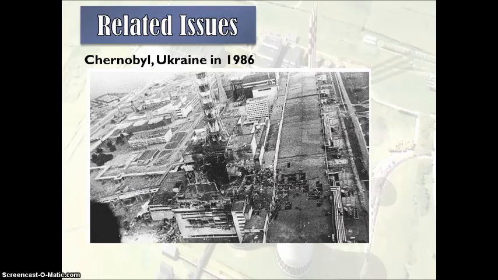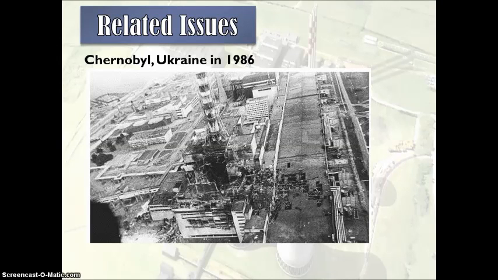There are many issues related to nuclear power. One of them was the nuclear power station explosion in Chernobyl, Ukraine in 1986. There was overheating, steam explosion, fire, and meltdown, necessitating the evacuation of 300,000 people from Chernobyl and dispersing radioactive material